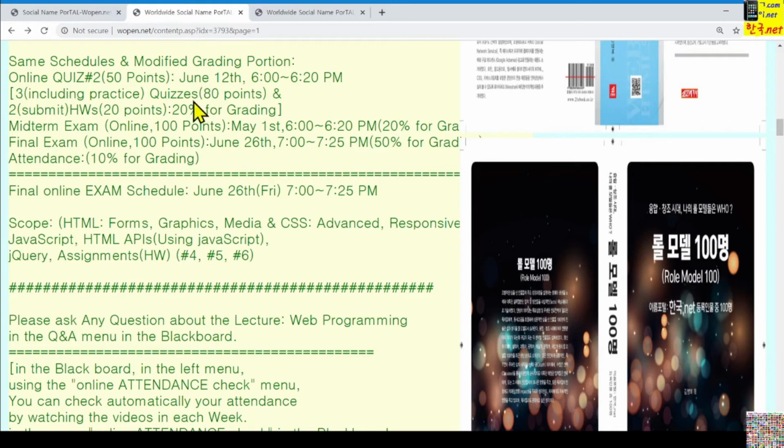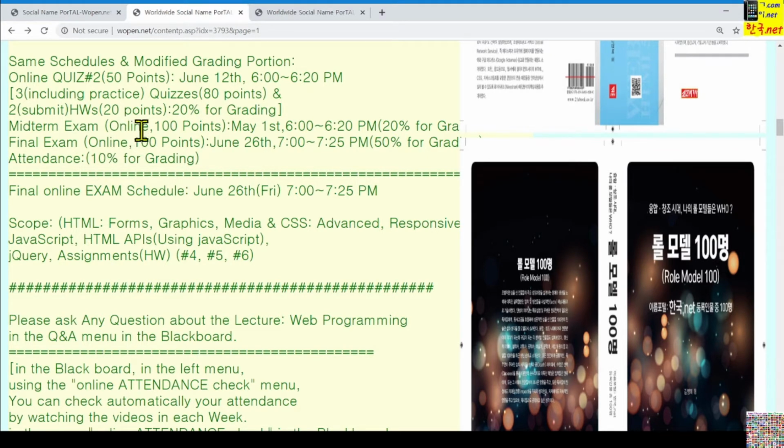Okay, whole quizzes will be 80 points, and submitting homeworks will be 20%, as I explained already. The whole aggregated points will be 20% for final grading.